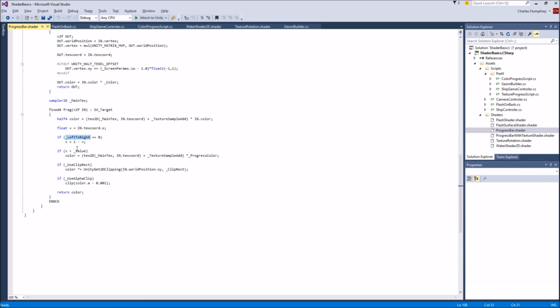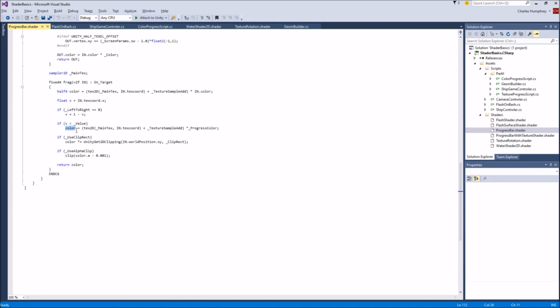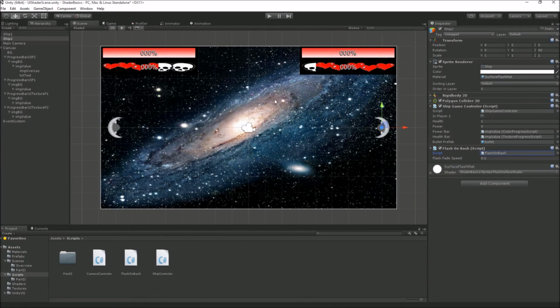If we're going left to right, so if we're not going left to right, we flip it, so we subtract 1 from it, so we want to be going the other way. If my value that's been passed in is less than the texture coordinate, then we want to change the color from the background color that's passed in, not the texture. I'll come to the texture one in a minute. Instead we use my progress bar color, and that's why when we're rendering this,